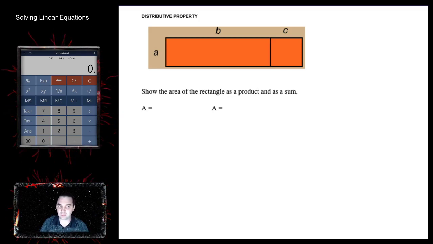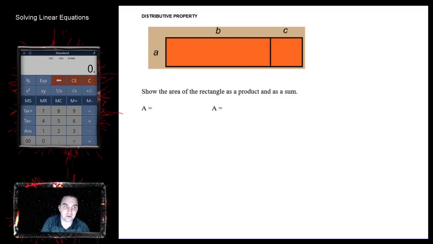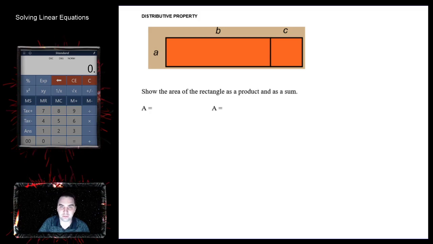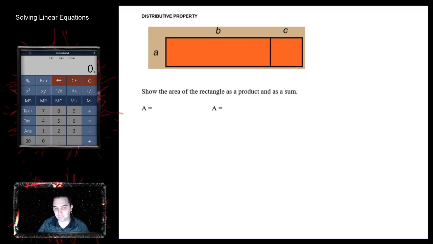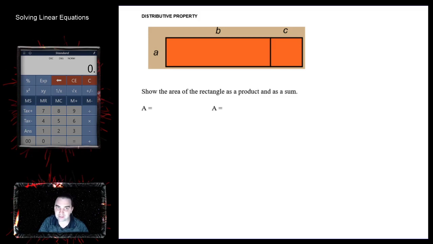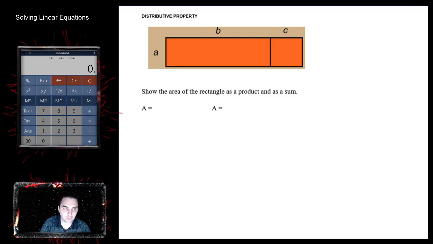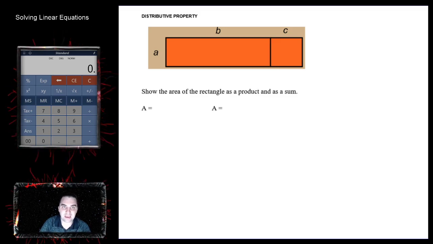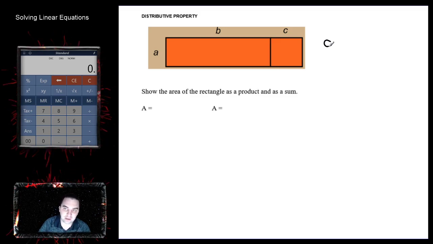Bear with me, it's not going to make so much sense if you're new to variables right at the beginning, but I'll try to do it a little bit with numbers and you'll kind of see how it plays out. So just looking at the top here, you have A here, B along the top, and C along the top. Remember that variables represent numbers. They mean something. They represent something. So don't worry on the fact that they're just letters now. They mean something. So what we're actually saying with this A, B, C here is we have this A times